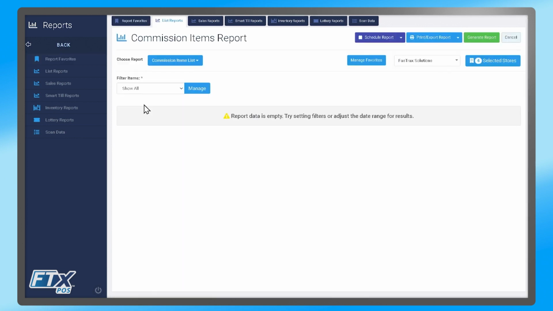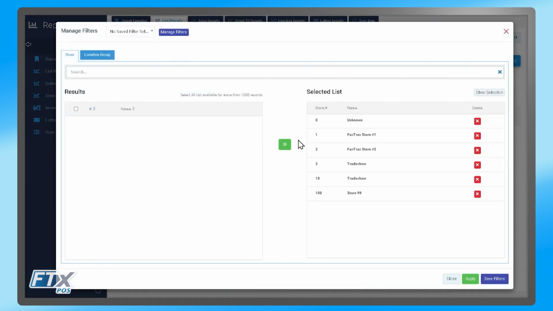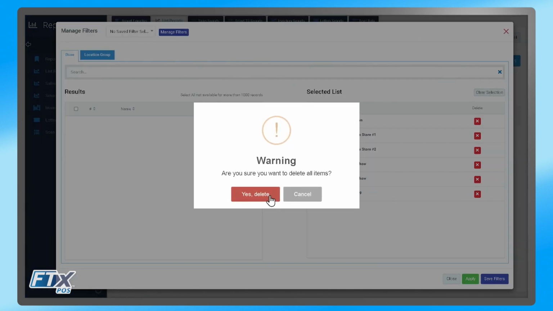Moving on to our next report, we're going to take a look at our commission items report. This report will show us all the items that we have on a commission. We do have our filter, show all or custom filter. And on this particular report, we have a new button. Over here, you'll see the selected stores button. If we click on that, you'll see that I've selected all the stores in my company to take a look at for these reports. You may not want to look at all the stores, you may only want to look at some. So in that case,